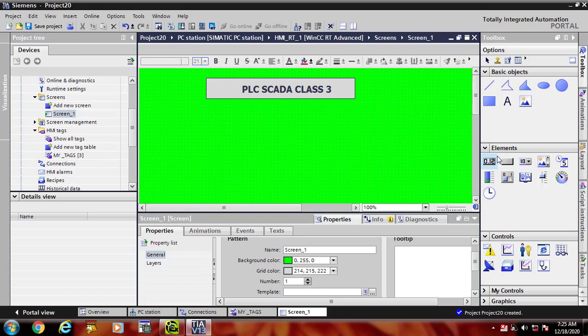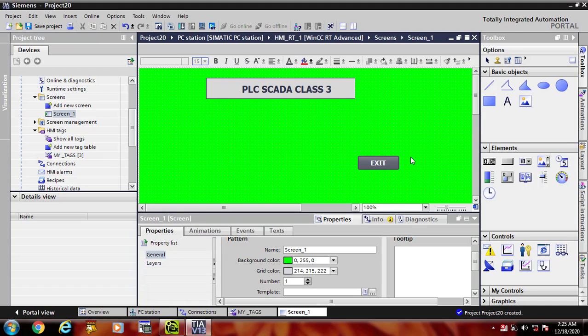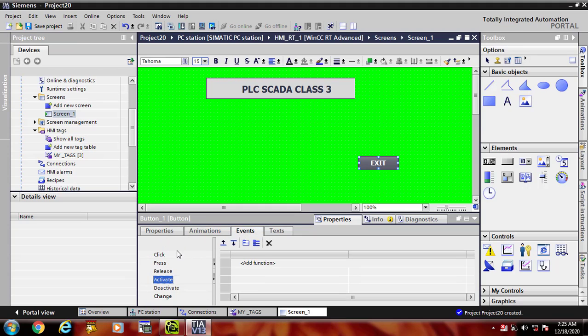Now I will take a button and create an exit button on my screen so that my data display can be turned off while my screen is in runtime mode. Assign this button specific properties.